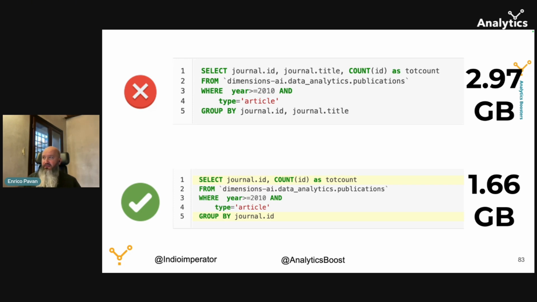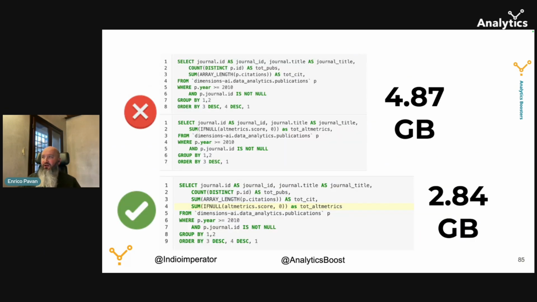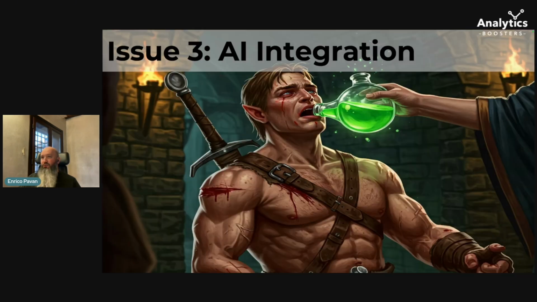Like in this case, we reduced from 3 to 1.6 gigabytes. And same thing here, we reduced from 5 gigabytes to more or less 3 gigabytes, and so on. So pay attention to how you create the query, and try to reduce the amount of gigabytes you're going to ask for on your query.